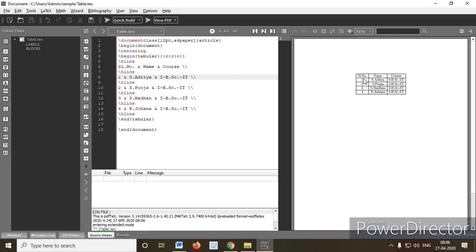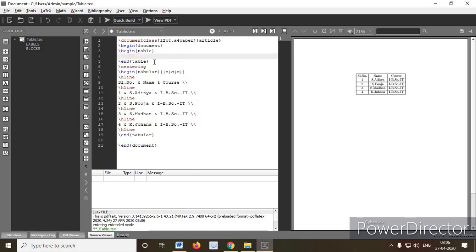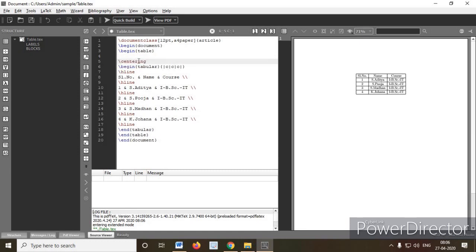And one more thing, I want to put a heading on top of the table. That is how to create it here. Just use begin table. You can select it from here or type table. See, here it automatically comes. So for every table begin, there will be an end option. I'm pasting after the tabular end. Next I have to type slash centering here, which makes the table centered. Now you run this, so the same thing will be there.